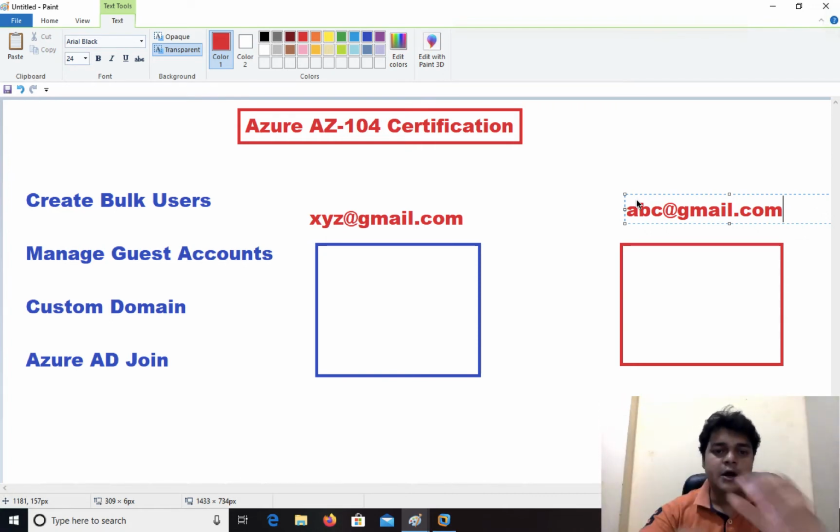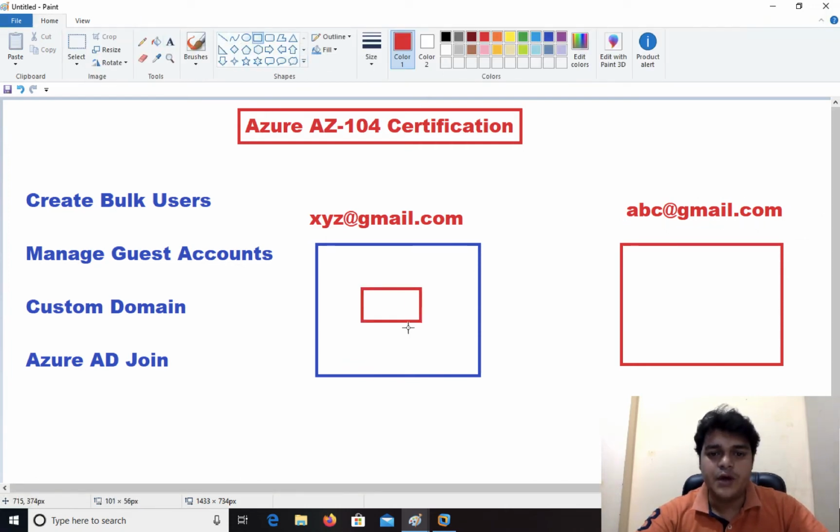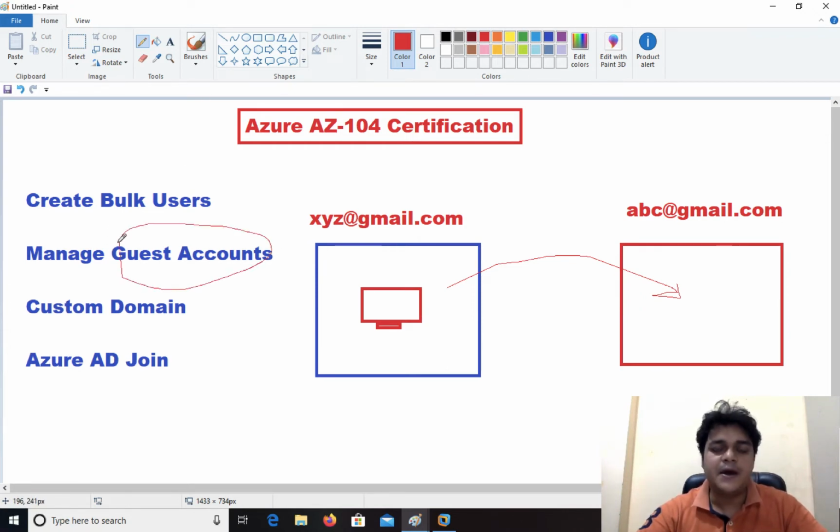available on the Azure portal. Now I'm planning to share some resources from account one to account two. In this case, you need to send the invitation from XYZ to ABC, or you can also send the invitation from ABC to XYZ. Clear? I'm going to open two different Azure portals using different credentials and try to make communication between them, sharing the resources from one user account to another. So basically, a guest account means you are planning to send an invitation to another user account.